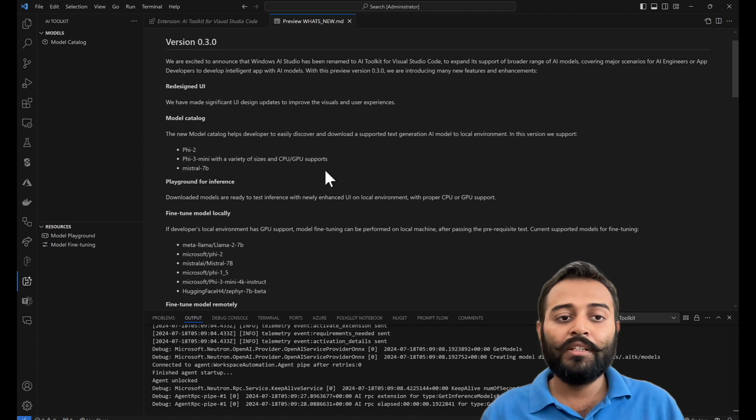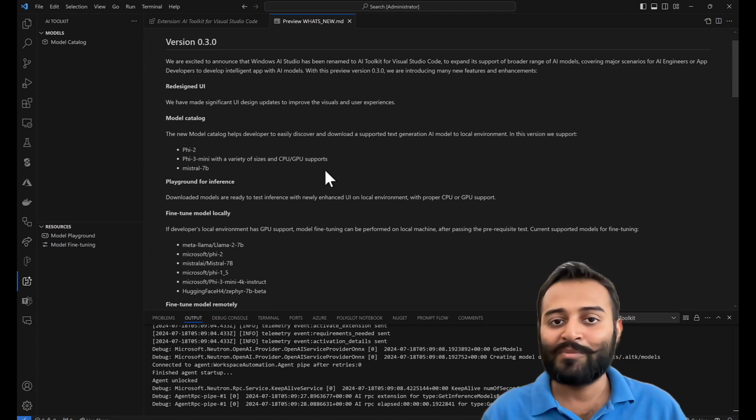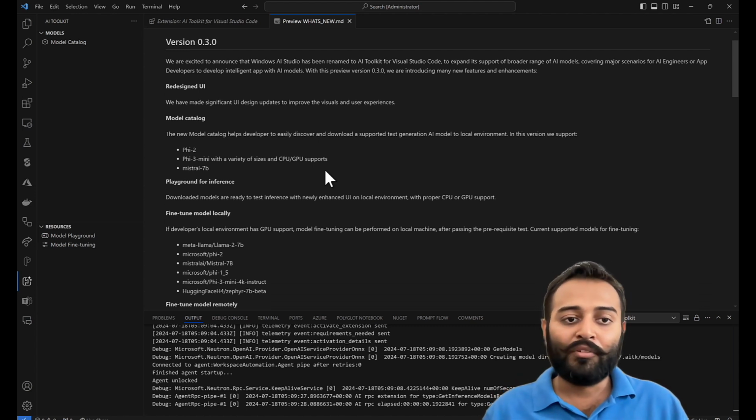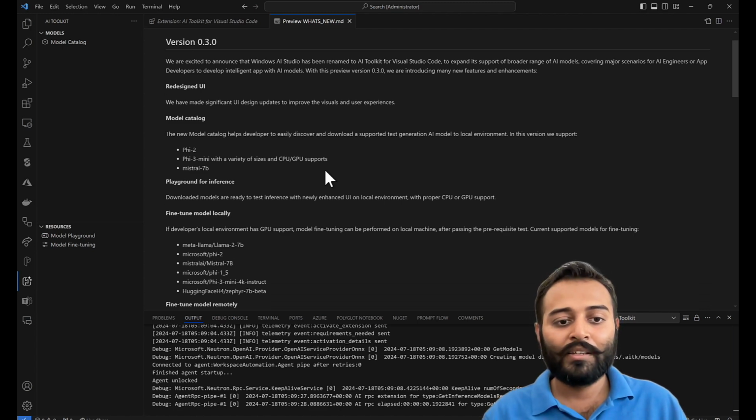Comparing with Mistral, I did not feel the response is very accurate. It's completely out of scope. I said hi to the Mistral 7B model and it started responding with some random answers from forums, some coding questions from forums. It doesn't know what I'm asking. So maybe some bug is there in this model, but Phi-3 is way better. You can really explore that.